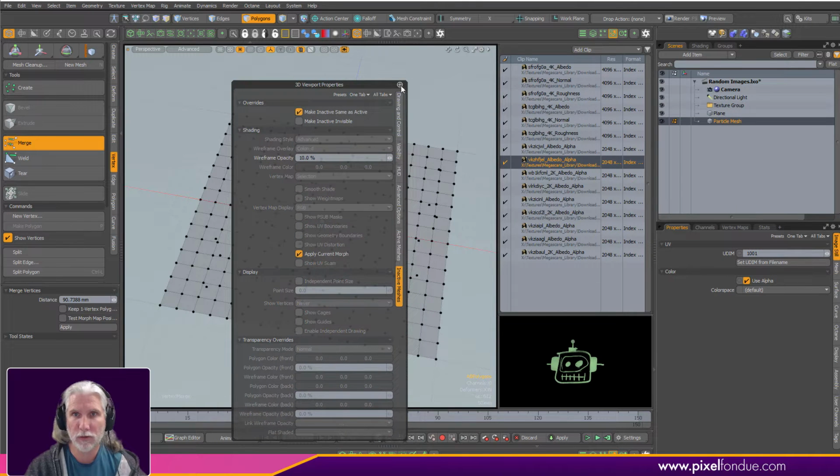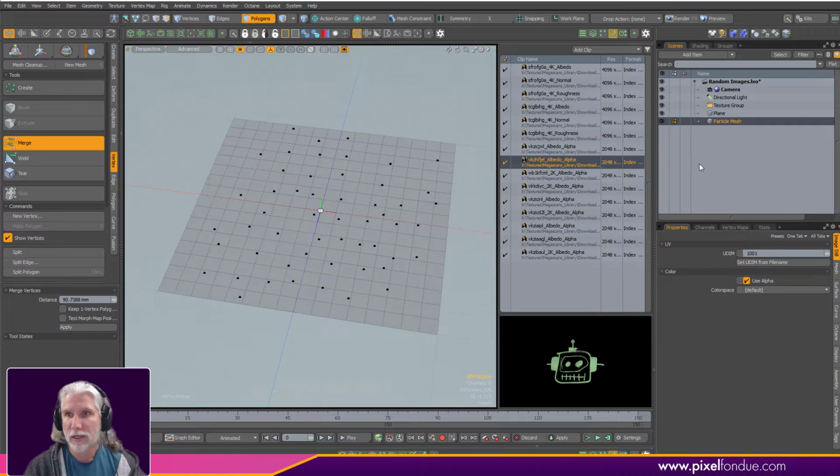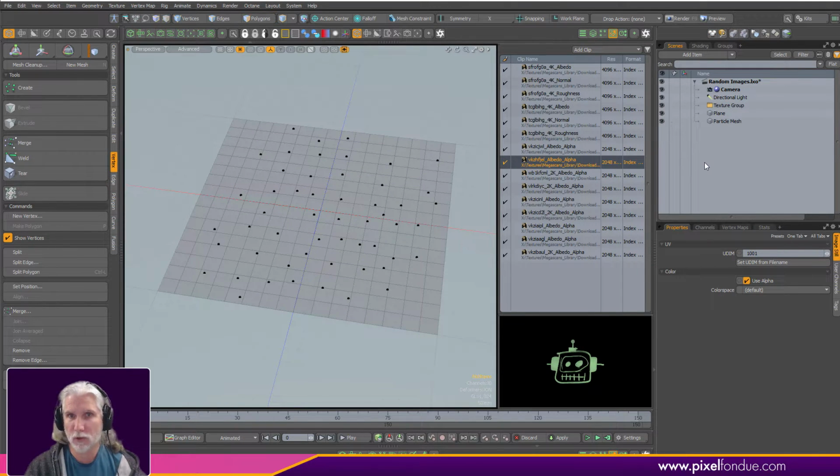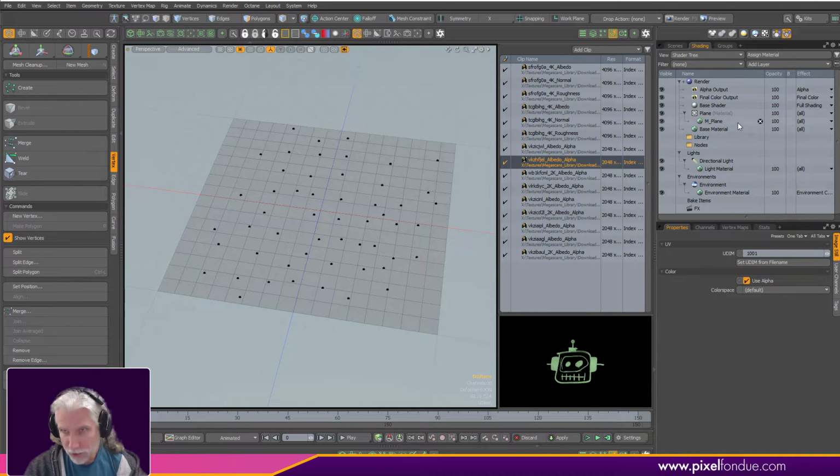So hopefully that works. I'll just leave that on for the rest of the show here. So there we go. Now I'm just going back into item mode. Over in the shader tree, this is the important part. We're going to